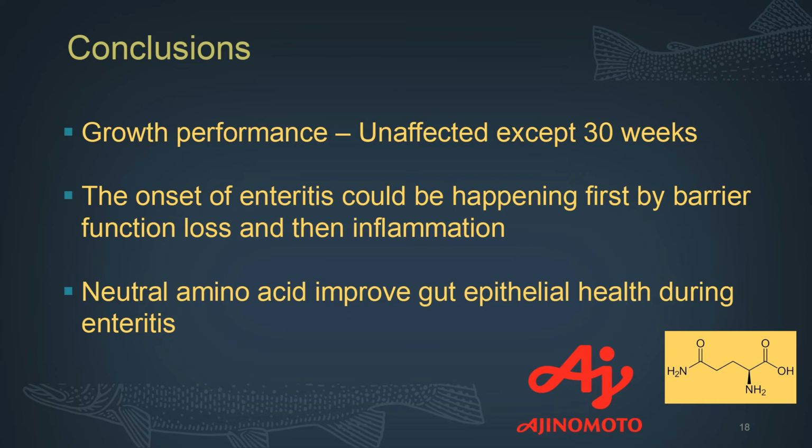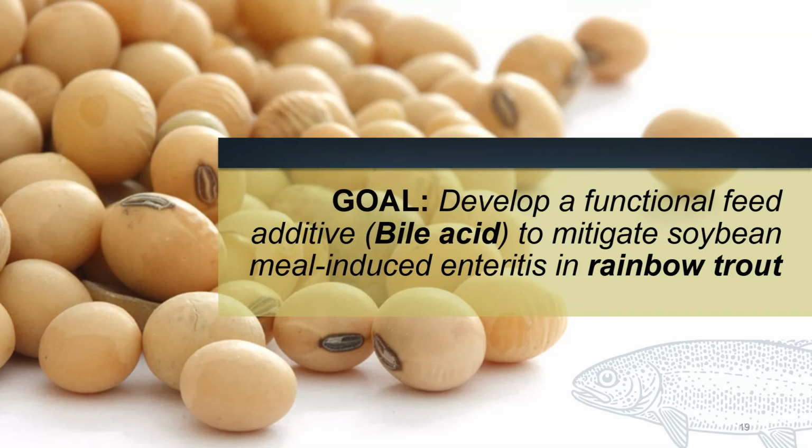The onset of enteritis could be happening first by barrier function loss, and then by inflammation. That's the conclusion based on the gene data. Overall, we believe that these neutral amino acids such as glutamine will help to improve the gut epithelial health during this enteritis. Then we did another trial using bile acid as a feed additive to mitigate that enteritis